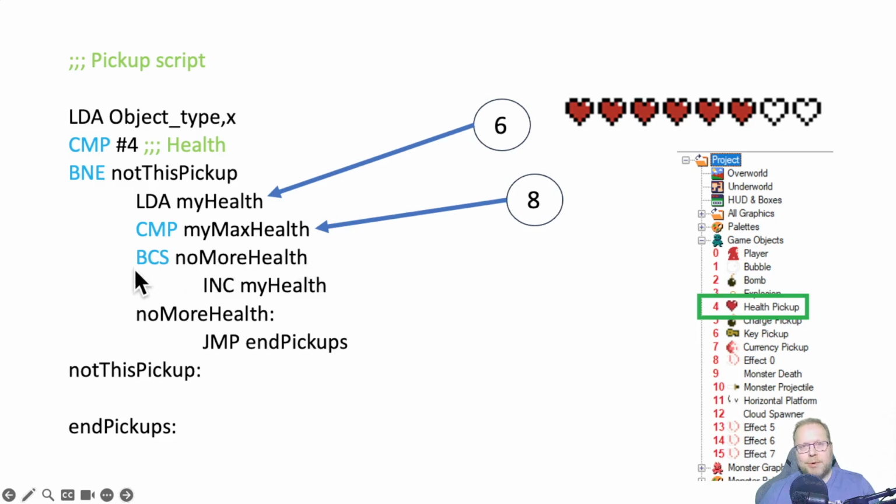BCS, you remember what that is? Yep, branch if equal or greater than. So I'm comparing 6 to 8, branch if equal or greater than. Well, 6 is not equal or greater than 8. So I'm not going to be going down there, which means I just continue